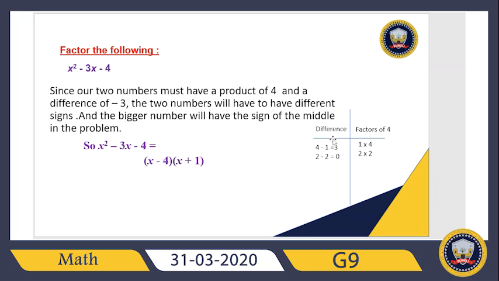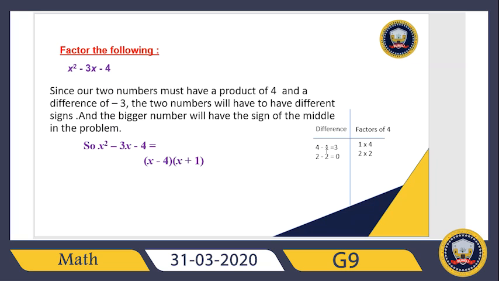طيب I will check here in the difference column. مين ال two factors which have their difference is 3. ال difference بتاعهم 3 4 and 1. يبقى I know now that the numbers which I'm going to write inside the two brackets are 4 and 1. بس مين اللي هيبقى جنب الماينس ومين اللي هيبقى جنب البلس؟